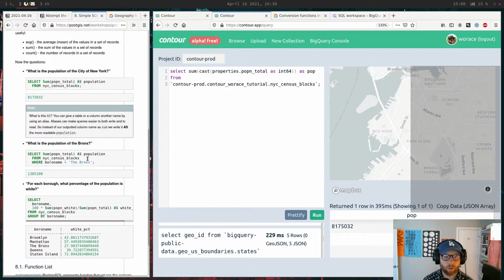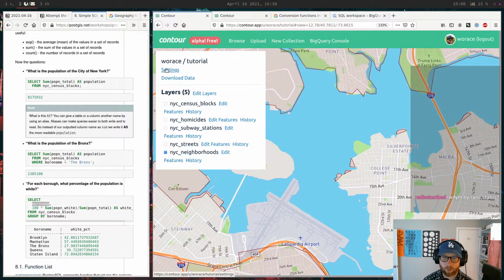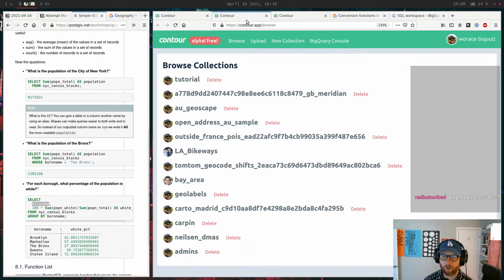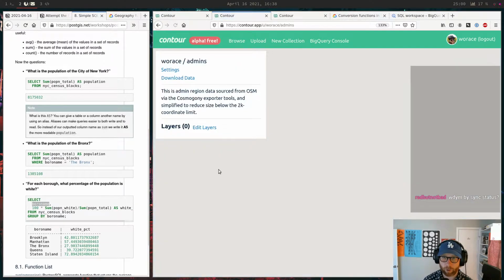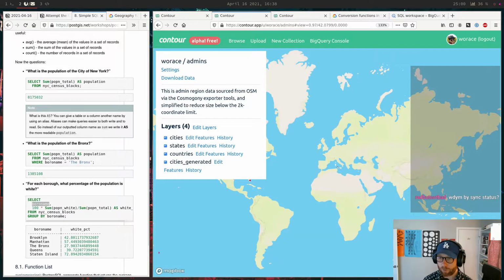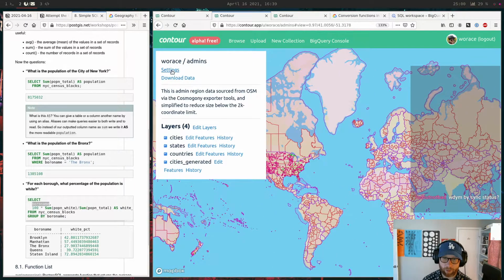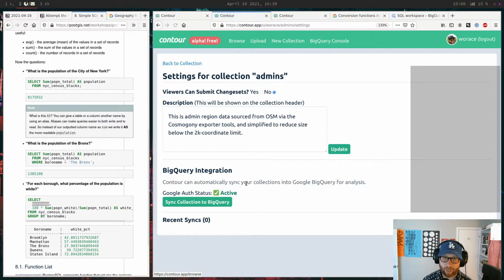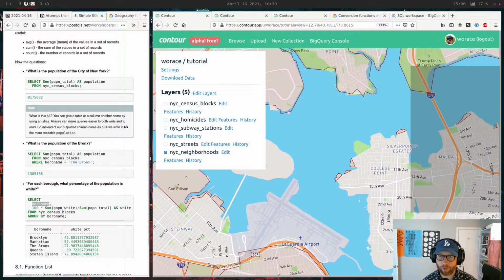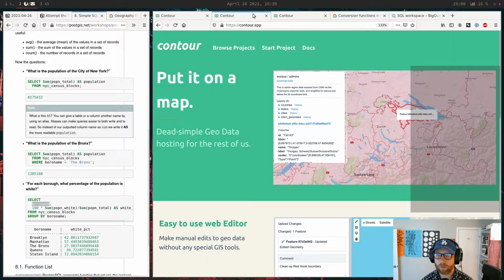All right, where were we? So this one is neat. Yeah, like whether it's been synced, because if you just go in here, not everything in here has actually been synced to BigQuery. So here's some random stuff, and what I basically added is a feature where you can come in here and click sync, and it'll run in the background and do your stuff. And for ones that have been synced, it would be cool to have a little badge somewhere in here or something like that.